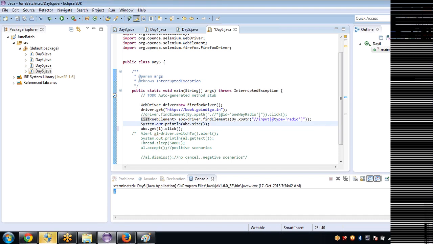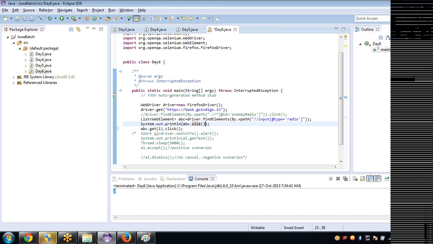And if the question is that I want to know how many elements are present with this common property, then I'll take the same answer into a list and call size. So I came in the reverse way. This is the straightforward one. The same click operation I performed by taking the common property, and I clicked on the second index.